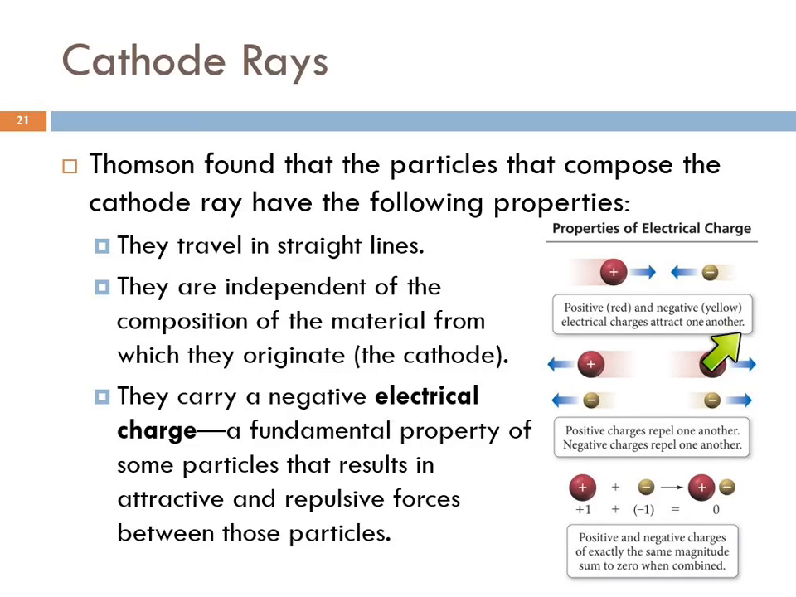Here's just a very brief review of the properties of electrical charge. Opposite charges attract each other. If you have a positive and a negative charge, they're going to be attracted to each other. If you have two positive charges, they will be repelled. If you have two negative charges, they will also be repelled. Electrical charge